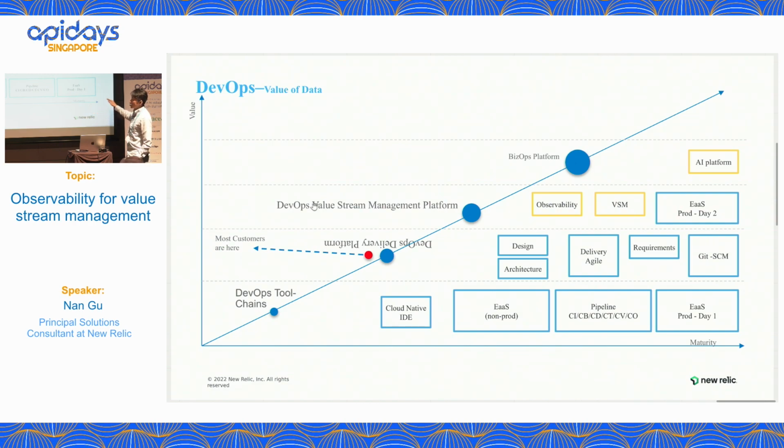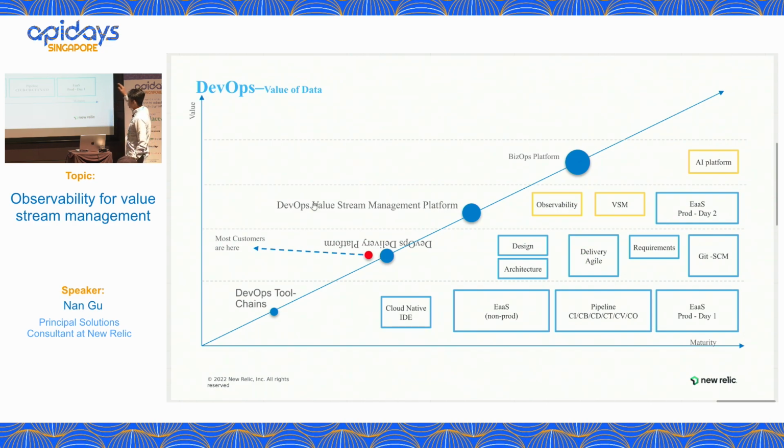Everything we settle down is called the DevOps toolchains. Most organizations have already done this, maybe for years. Then the second layer is some organizations saying, okay, not only the binaries, we need to talk to the business. So we have the Jira, we have the delivery platforms where we can talk to this user, hey, this is a feature we can deliver next month. Those two are ready, which means you have the tools to generate data.